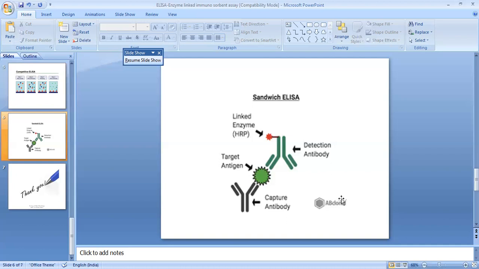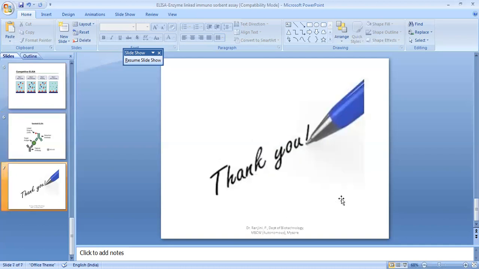That's why the antigen will be sandwiched between the capture antibody and the detection antibody. The capture antibody usually will be the primary antibody, and the detection antibody will be the secondary antibody that will be tagged with the enzyme. Now you add the substrate, the enzyme acts on the substrate and gives the colored product that you read in the ELISA reader. So in this session, you learned the basic terms used in ELISA, the importance of the microtiter plate, types of ELISA, and how we detect the antigen or the antibody concentration using the ELISA technique.